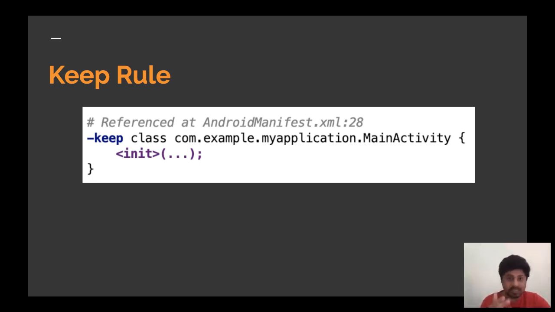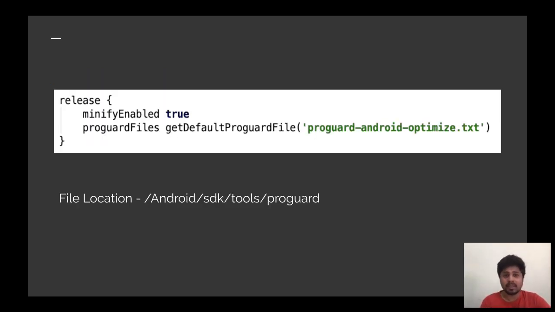Now, besides these entry points that I showed in the earlier slide, there are a number of rules that are required for an Android application. Those rules are provided in the Android SDK in a configuration file, which is located under the ProGuard folder of the SDK tools. So you can go into your library directory, inside library go into Android, then SDK, tools and ProGuard. In the ProGuard folder, you have this automatically generated file which shows all the ProGuard rules that have been generated by your application, by your build process.